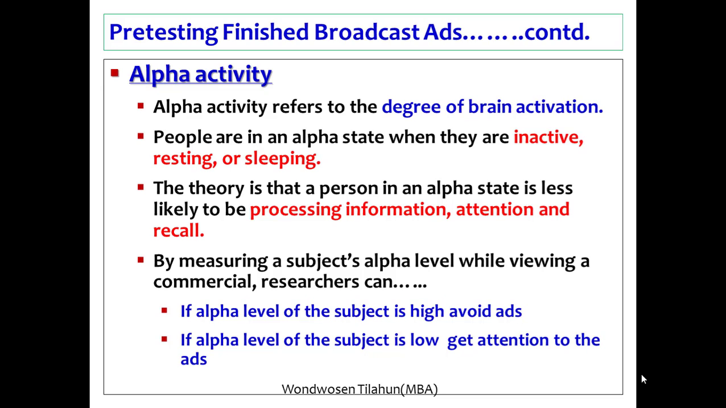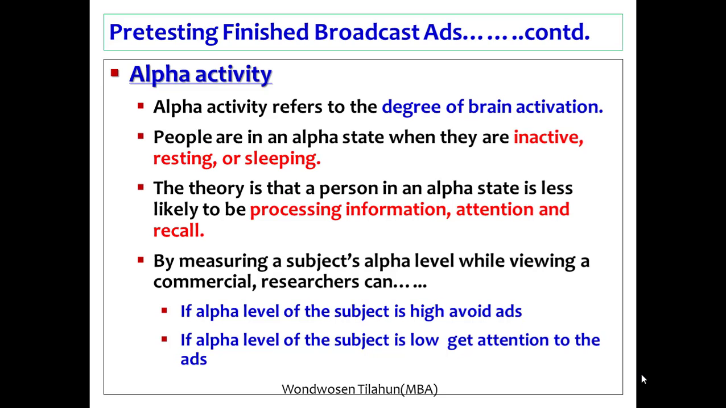So in this case, if someone is in the alpha state, his brain is inactive, his brain is resting and sleeping. Which means if a person is in the alpha state, they are less likely to process information. They are also less likely to get attention and recall information. The point is,